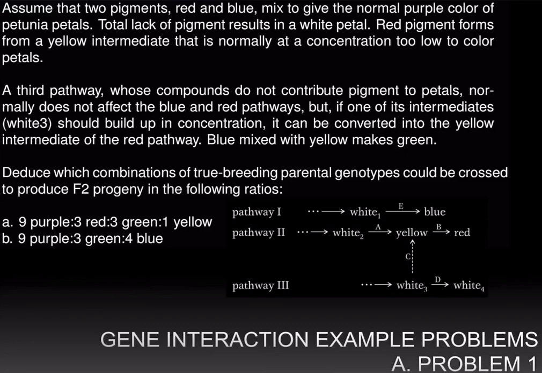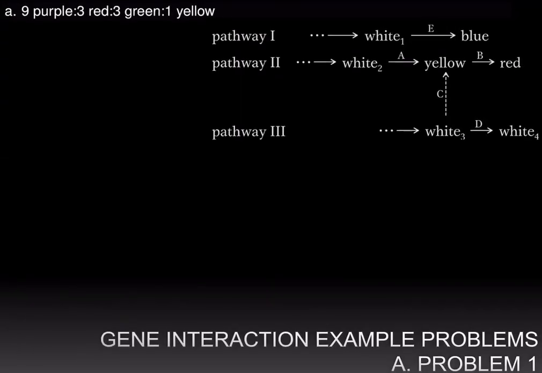We have to deduce which combinations of true breeding parental genotypes could be crossed to produce F2 progeny in the following ratios. And so evidently we have done dihybrid crosses, and we are getting modified 9:3:3:1 ratios. So let's start with the first one. This 9:3:3:1 ratio suggests that we have no interaction,